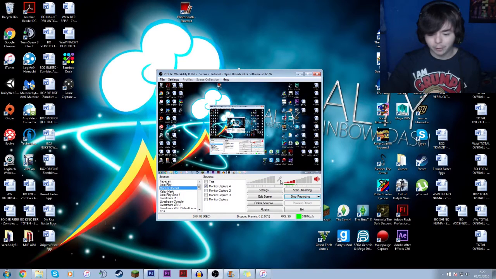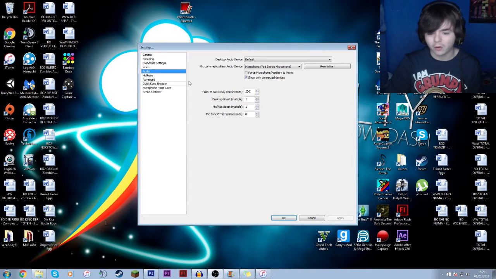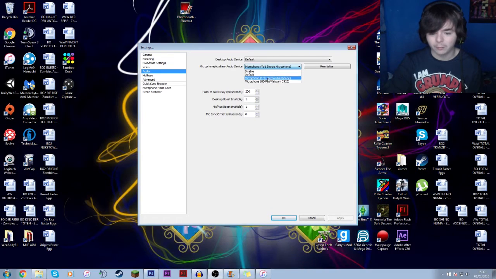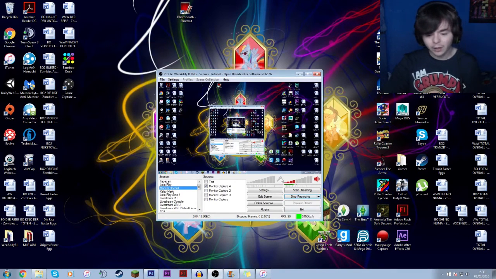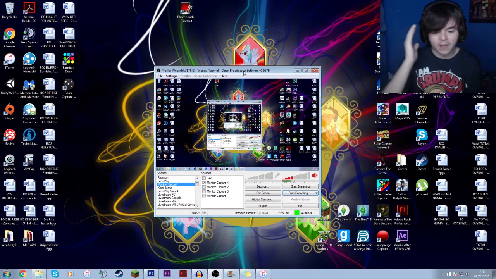So to enable your microphone, you click this. Well, first off, what you need to do is go to settings and audio and make sure that here your microphone is selected like mine is. And then here, you click this little button, which I'm going to click for a second, but I'm not going to let it speak. So when it's red, that means it's on, and that means it's recording from your microphone. And what that does is you can then use your microphone in real time to record your